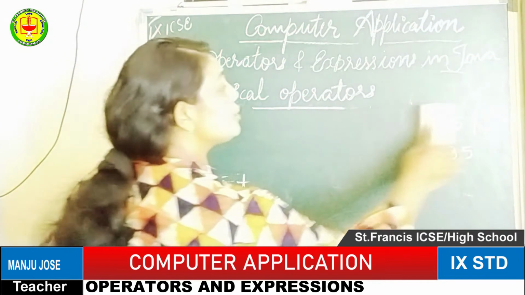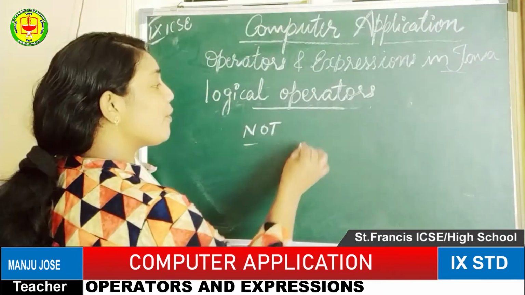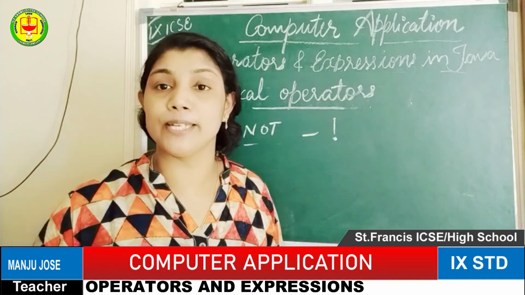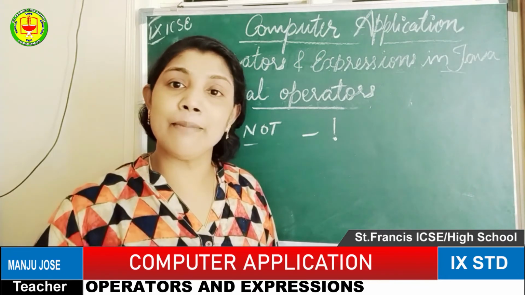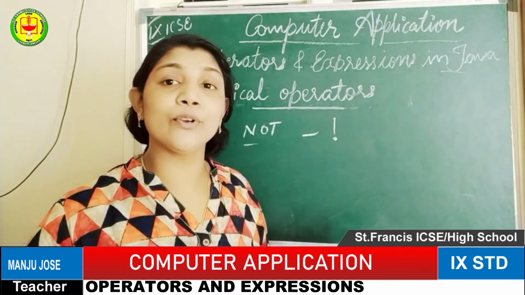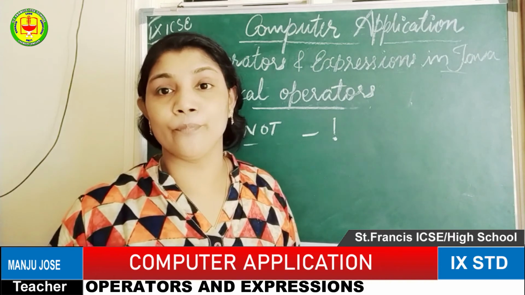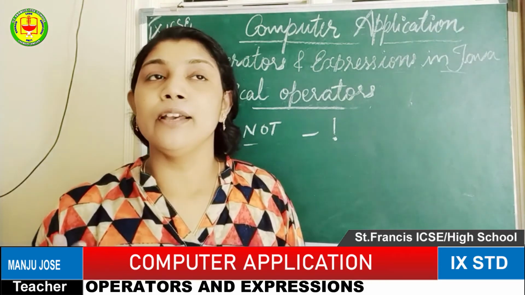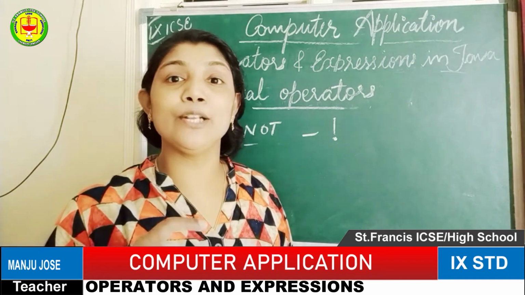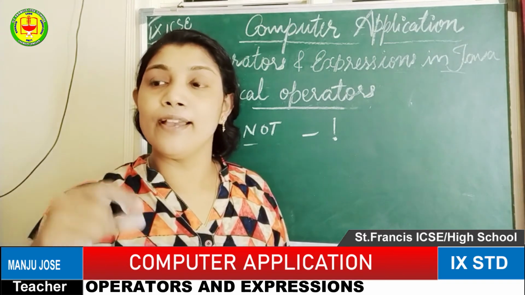The last logical operator is the NOT operator. The NOT operator alone we cannot use, so apart from some assignment operators or relational operators we are using, with the help of those only we can use a NOT operator. For example, the value of A not equal to 0. When we are evaluating or simplifying quadratic equations or algebraic expressions, sometimes we need to check the value of A not equal to B or the value of A not equal to 35.